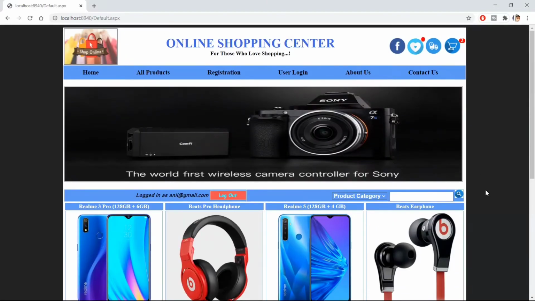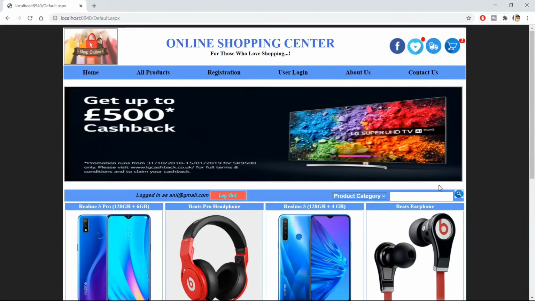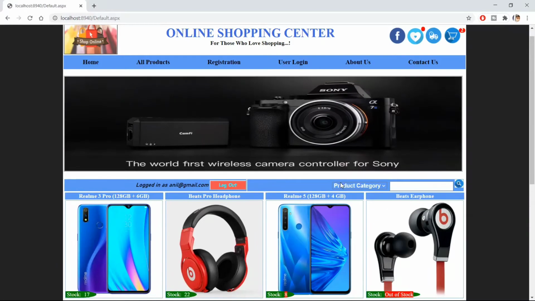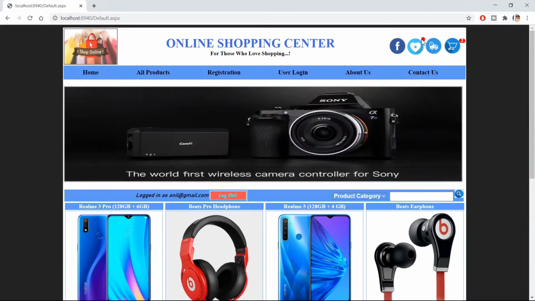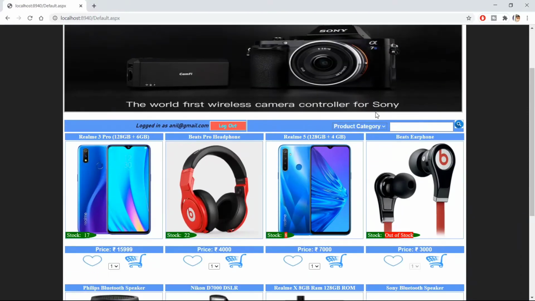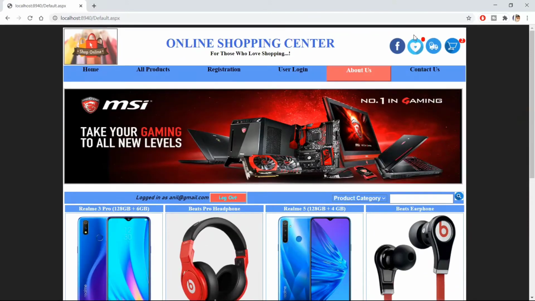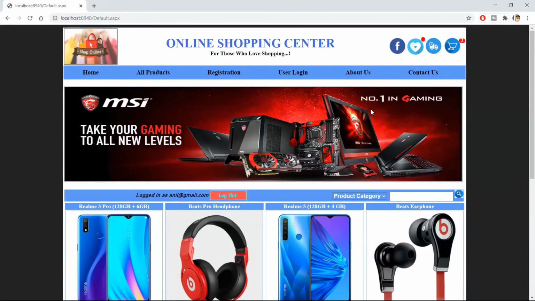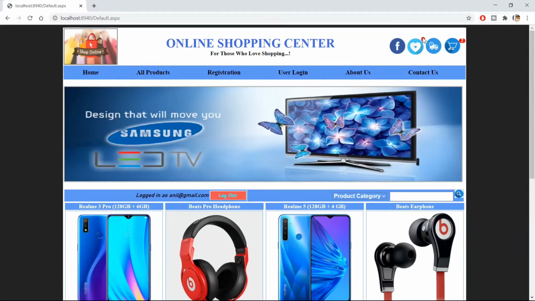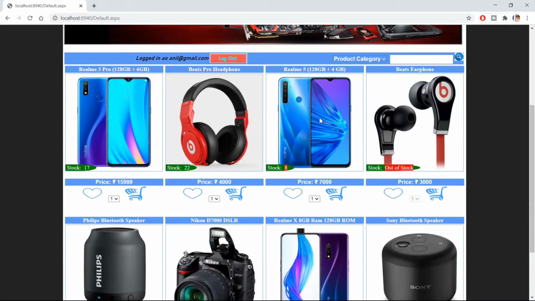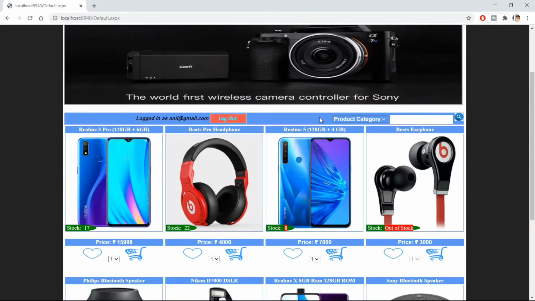Okay, so let's do it: how to show the wishlist products after the user logs in, as well as the count number here. Right now there is no data visible. When there is no product in the wishlist, at least 0 should be visible, right? And if the number of products added to our wishlist changes, this label number should also change accordingly. Okay, so let's see how to do it.